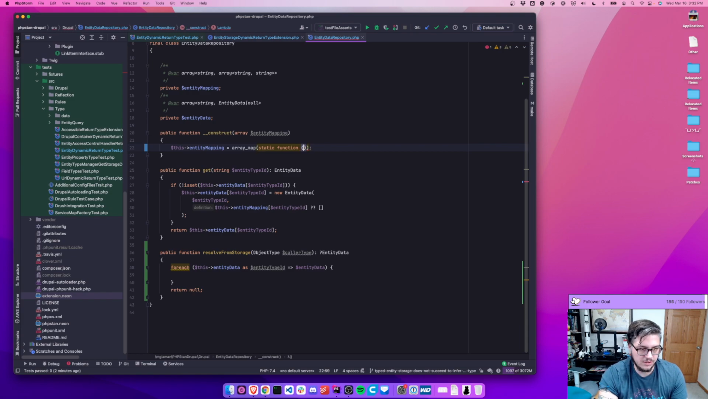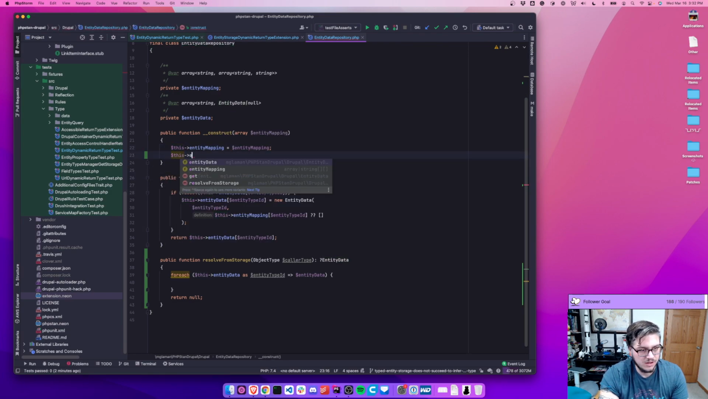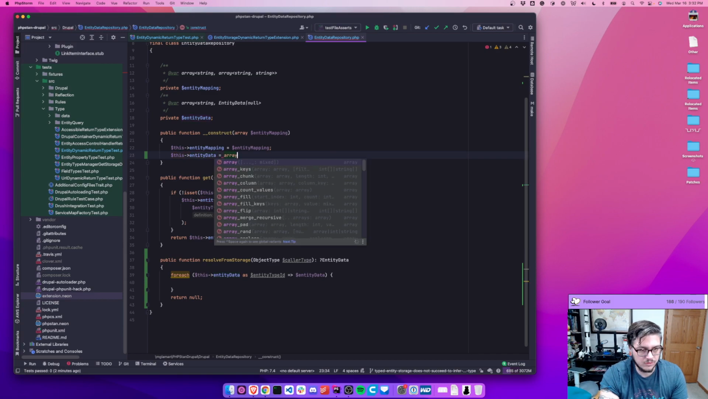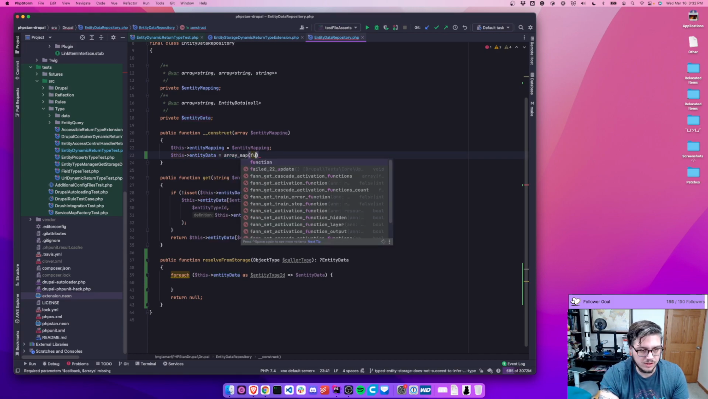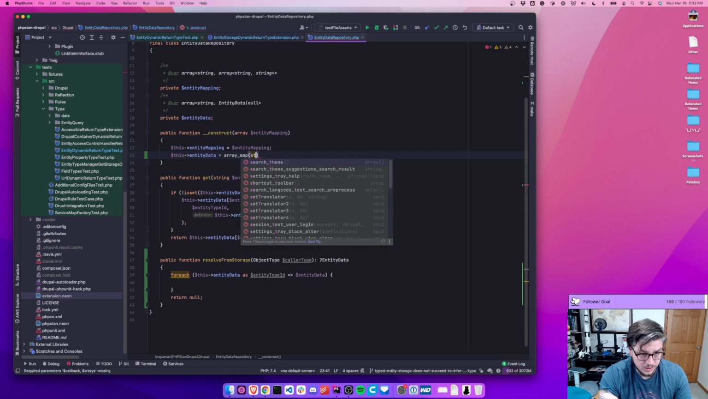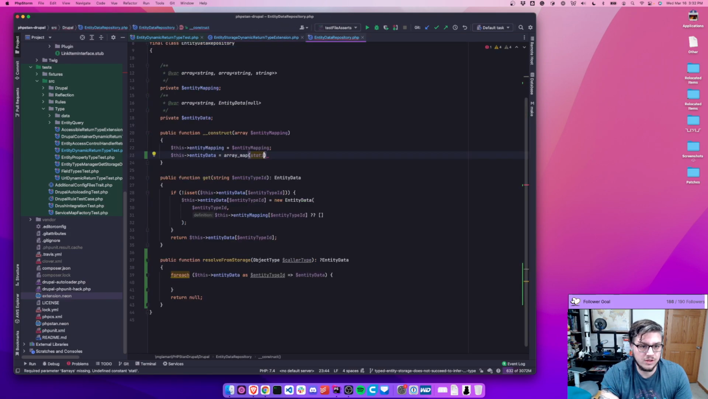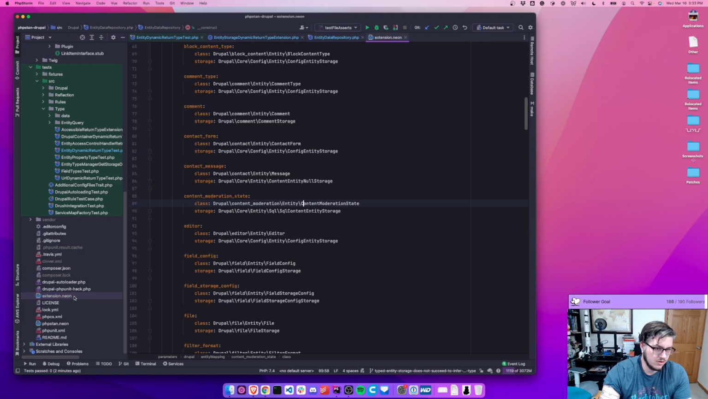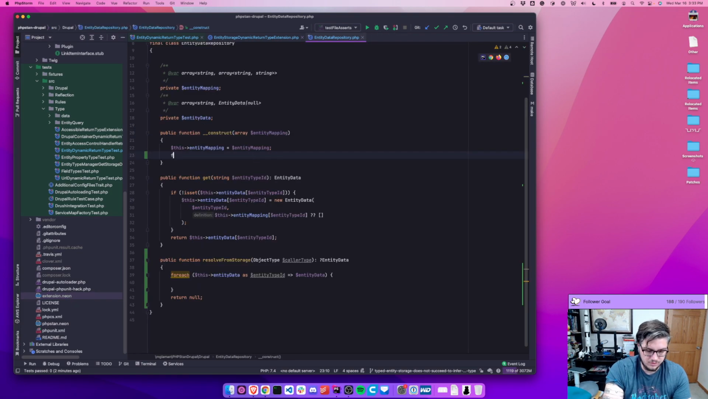Oh no, not this entity mapping. Hold on. Entity map, we'd have to do this entity data equals array map. I really don't like doing this, but I don't know any other way. Shoot. We can't even use an array map because we have array keys. Correct? Yeah. So we have to do a foreach